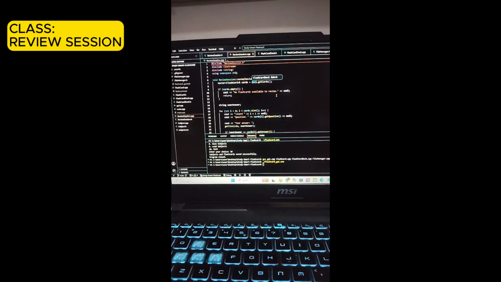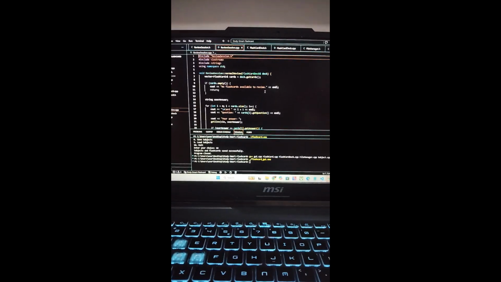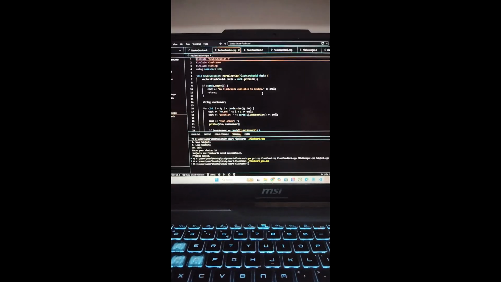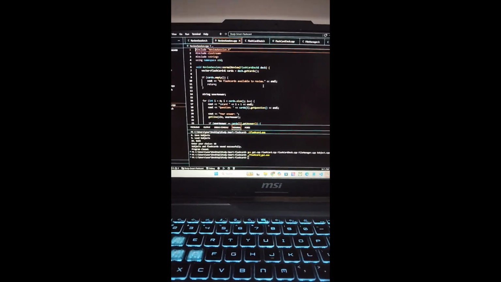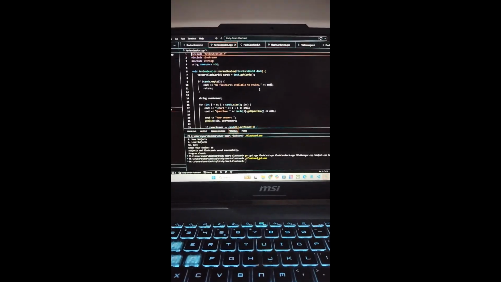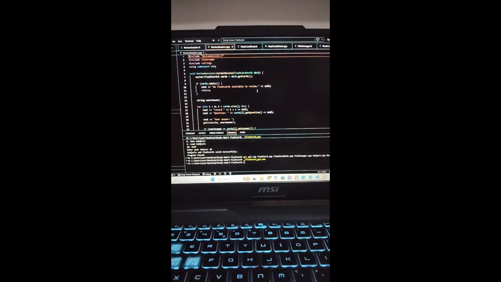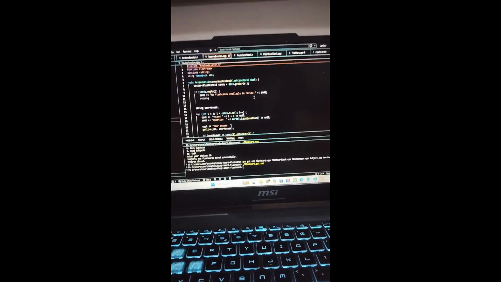Okay, the next one, the most important part of this project, is the review session class, where we made this flashcard system very unique, with spaced repetition. At the same time, it also helps users to review their flashcards. And one interesting part about this review session is